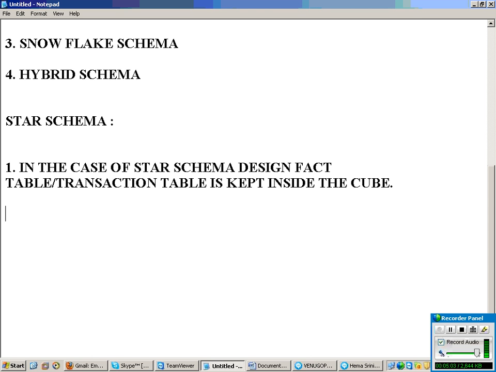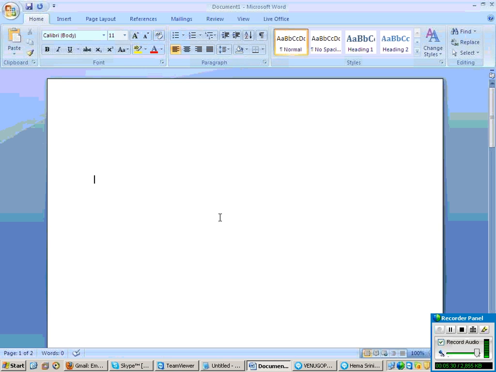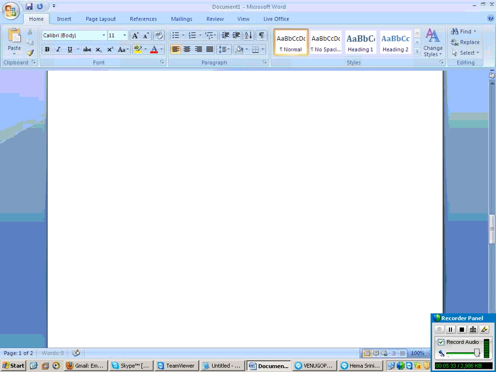inside a cube. So when I am saying a table is kept inside a cube, you can imagine one table is hanging inside a cube. Now what is the advantage? The way you look at the data, you can get multi-dimensional analysis. And what is to be remembered here, when I say fact table is kept inside a cube, that means in the database the fact table is generated when you are creating an info cube. See now what has been done in star schema design.